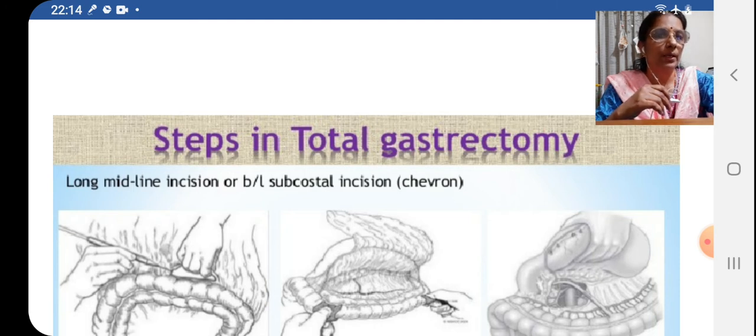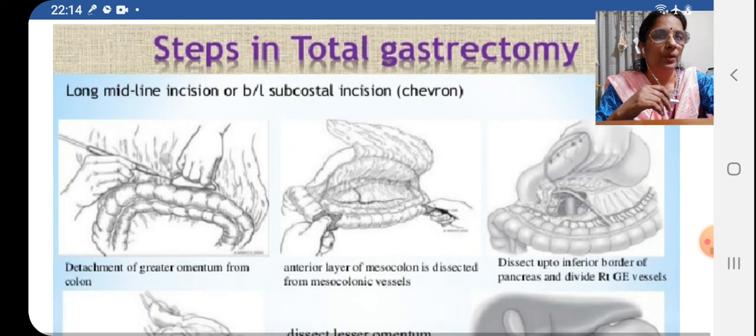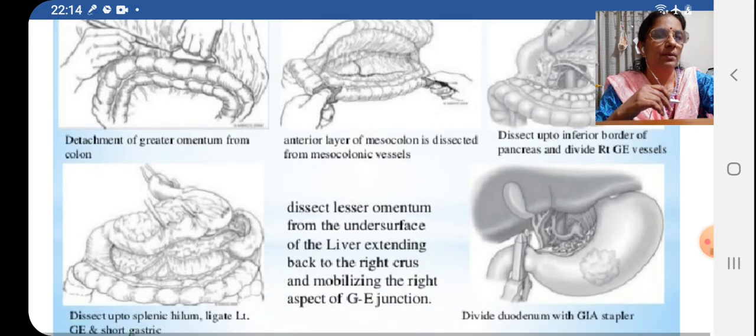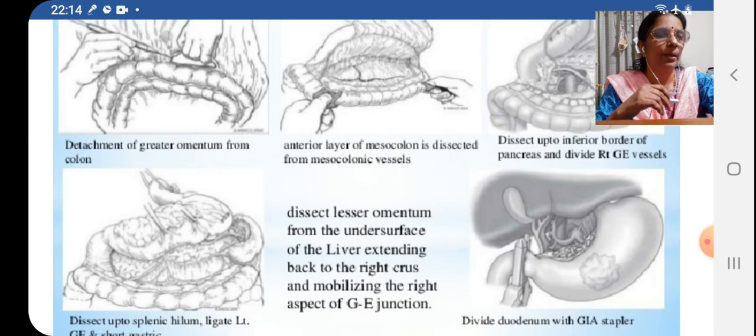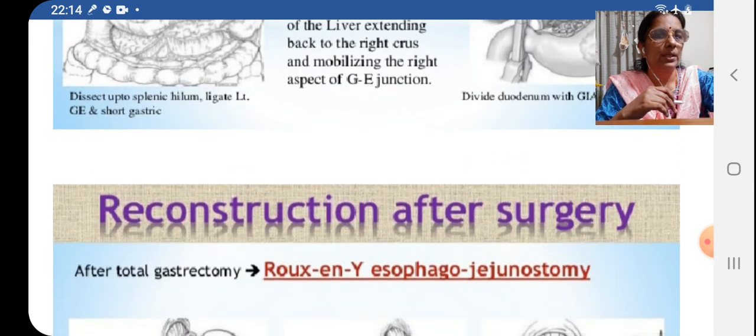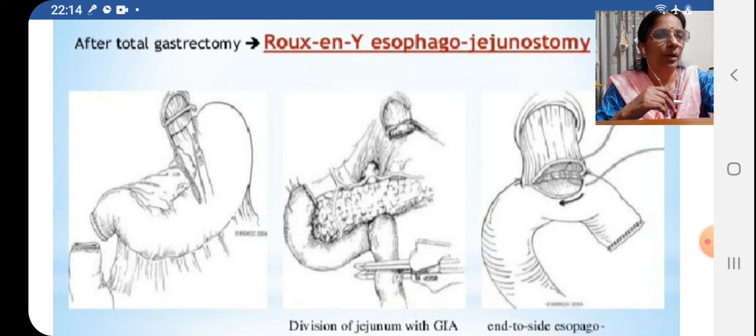When you are doing a total gastrectomy, you are removing till the first part of duodenum, you are cutting. From there to esophagus, you put another clamp. You put a clamp in the duodenum and you put a clamp in the esophagus, and you are removing the whole stomach out. So now you have the cut end of esophagus, and the cut end of duodenum. After total gastrectomy, you make an anastomosis of Roux-en-Y,